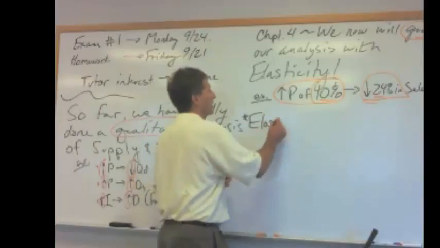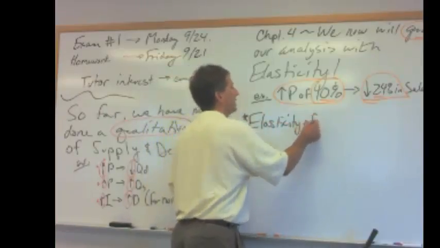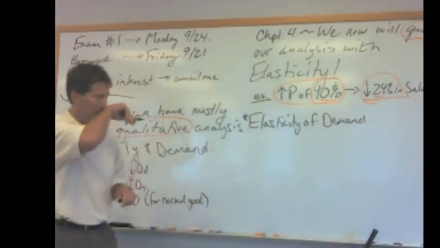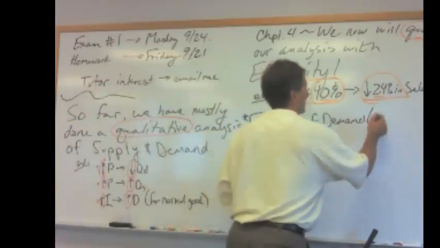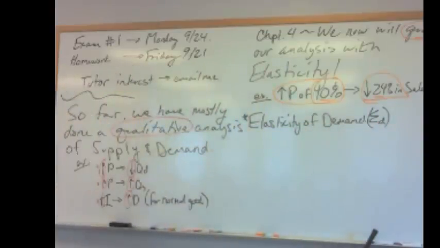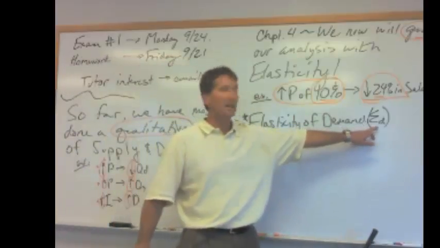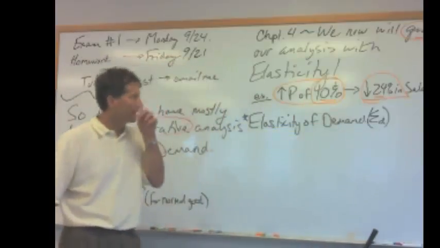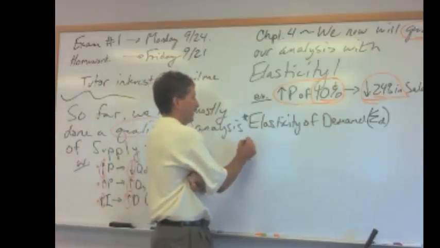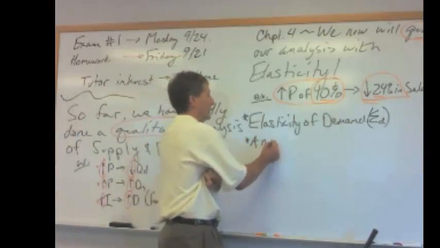The first one we're going to look at is the elasticity of demand, which I'm going to use the notation with a sigma subscript D. So kind of that pointy little summation type notation with a D. The elasticity of demand is simply a number